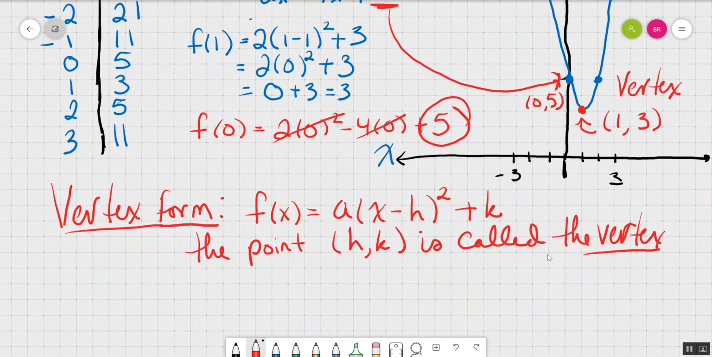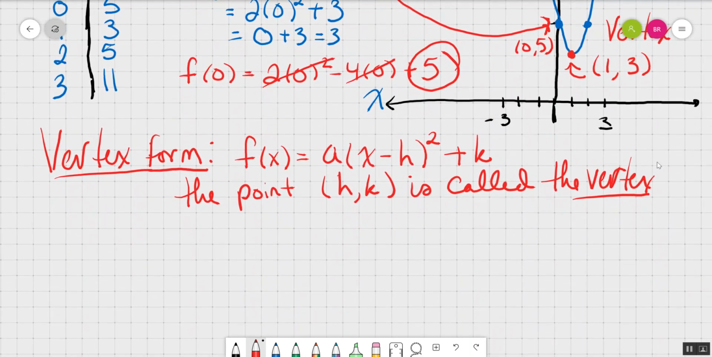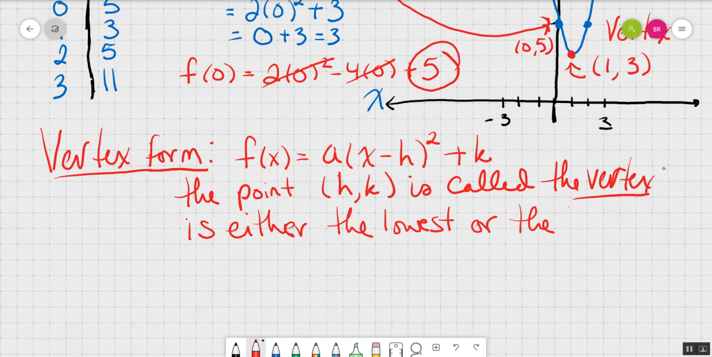Now we can see that the vertex for this one is the lowest point on the graph. But I'm going to write the two versions of this. Hopefully you remember we also have parabolas that will open the other direction. They open downwards, the other way the hoop can face. So this is either the lowest or the highest point on the graph